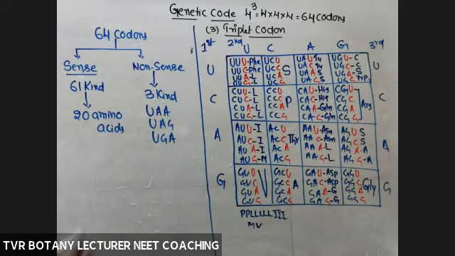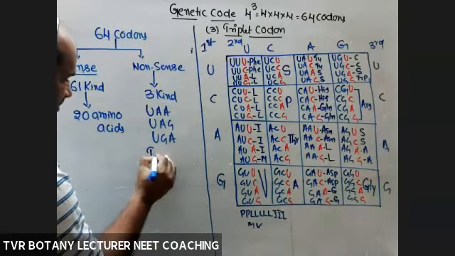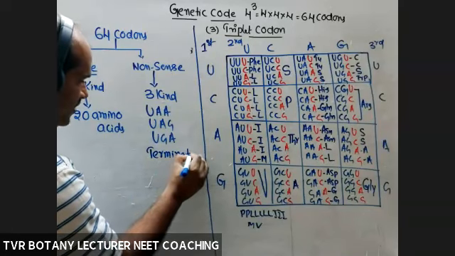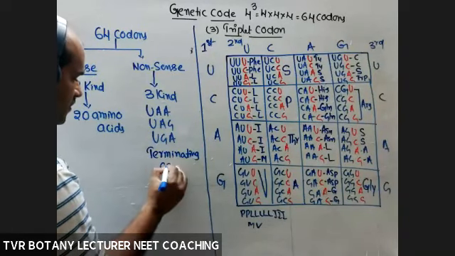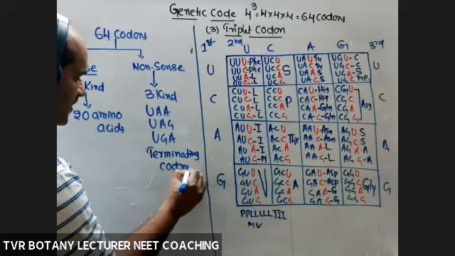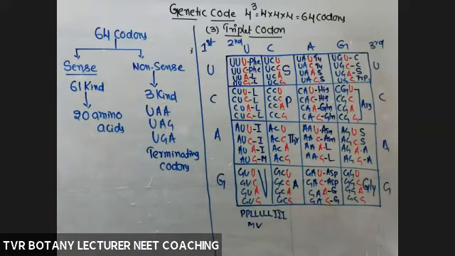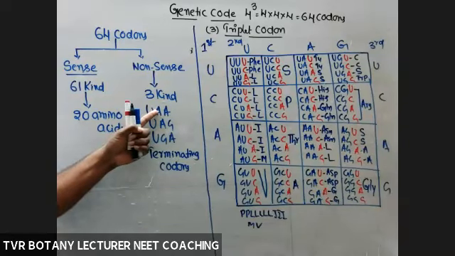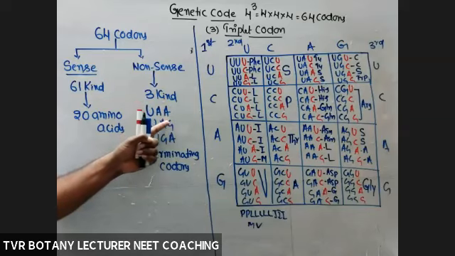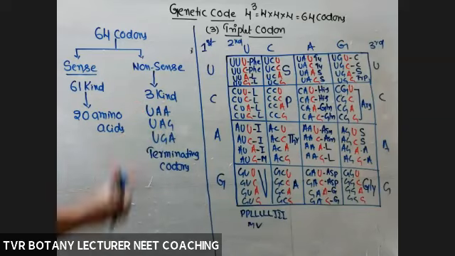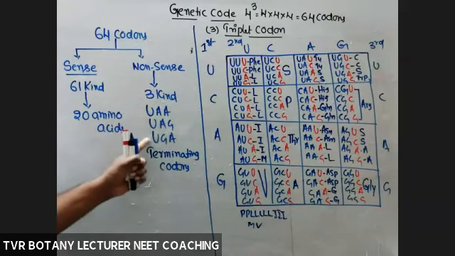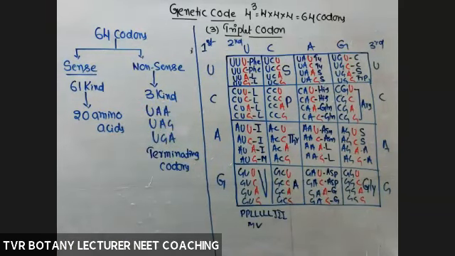They're also called terminating codons or termination codons. They stop synthesis of a polypeptide. First position, uracil. Second one, adenylate or guanylate. Third position, adenylate or guanylate. Cytidylate is completely absent in this type of nonsense codons.